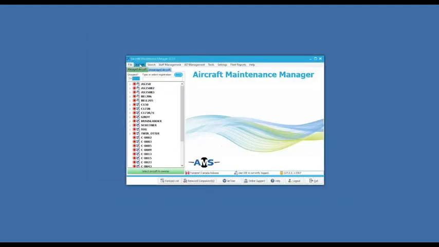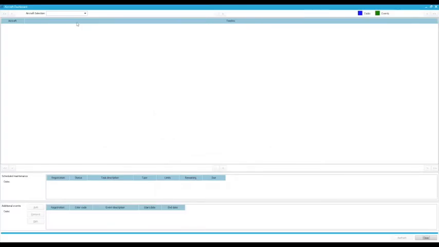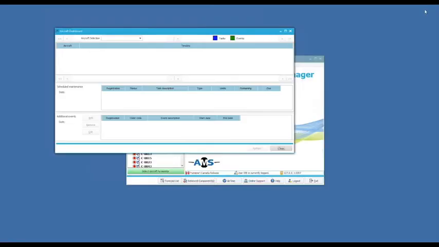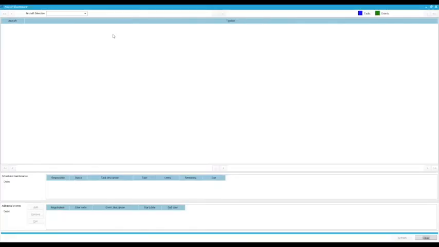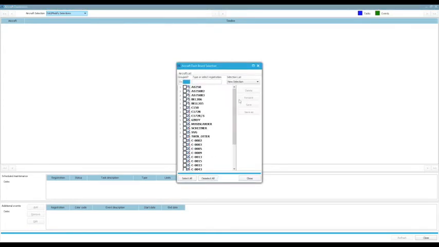Now that I have entered this value, I can go inside the aircraft dashboard. Maybe I will leave it big. The aircraft dashboard will allow you to create aircraft lists. Here you will be able to save all the lists that you want to see. If you have different bases, or different aircraft, not the same kind, not the same model, you will be able to create lists in here. So in here I have mine.